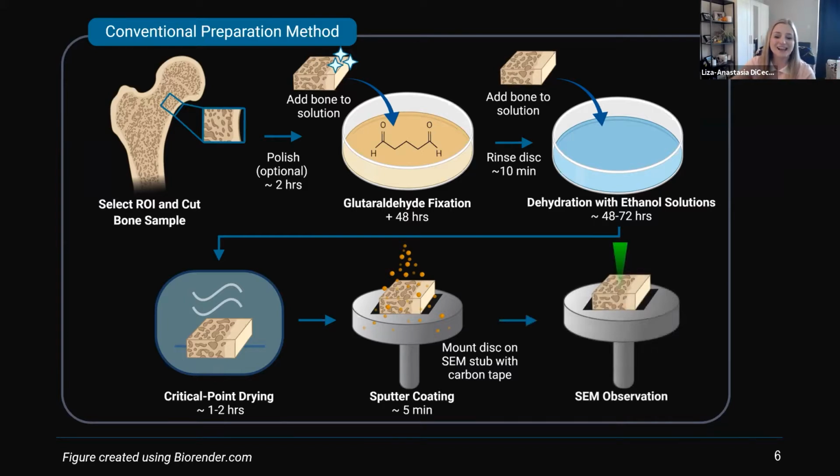So at the end of the day, after all these steps, we can finally look at our sample in SEM. And after all the lab bookings and the running around to different things, this can lead to hundreds of hours of lab prep time. And this is for, again, a very small sample. If we were dealing with a whole femur fracture or something like that in a biomechanical study, we don't have an easy way of getting it into an SEM. So very challenging, long work. Every time we have students in our group preparing bone samples, they are complaining. But in any case, this brings us to the following questions.